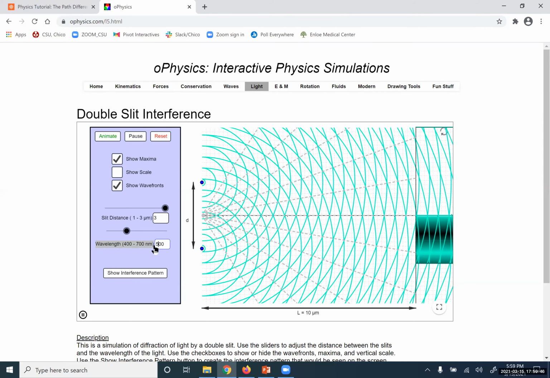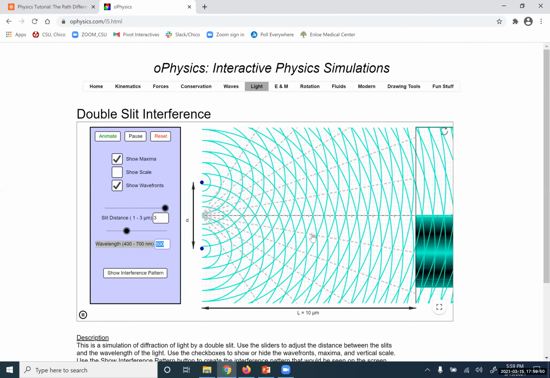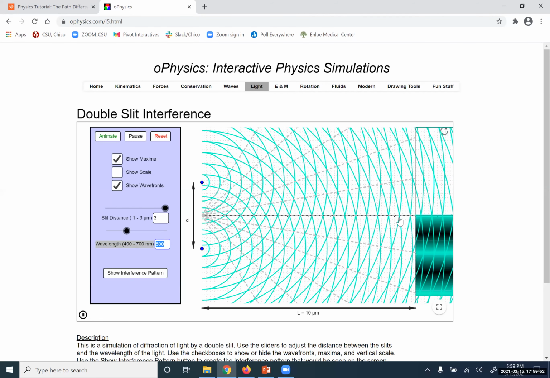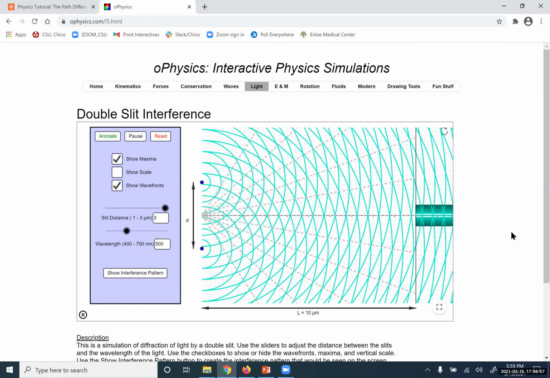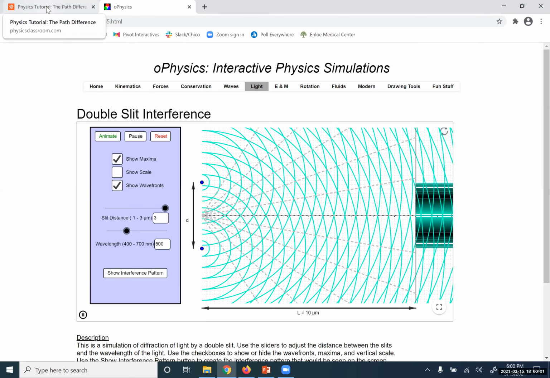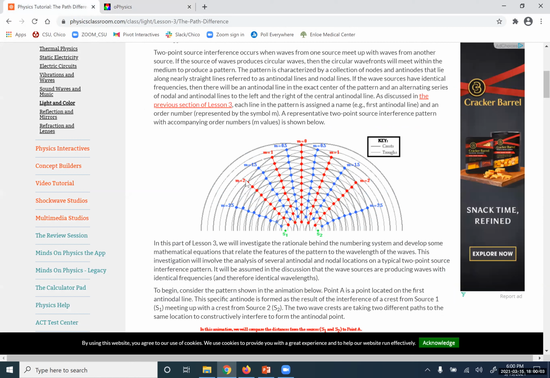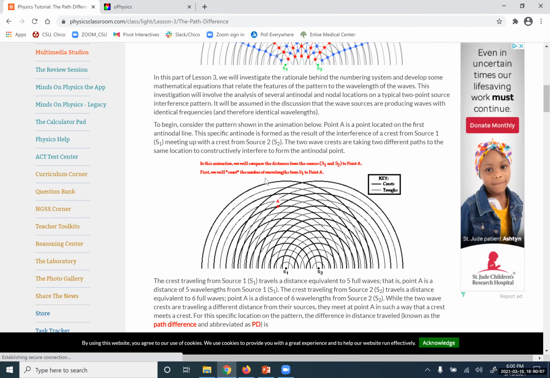Say I can put like, say, 700 and then play. What will happen? Okay, so we can change this part, so we can see how the interference pattern appears in the case of the double slit experiment. Okay, and the same thing is here in this sketch. You see that